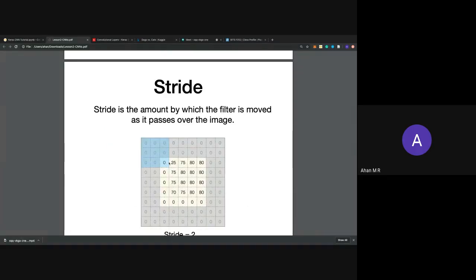My filter will now be here. I mean, how do I show this? I can't, but stride is basically the amount by which the filter moves. So you can control how much you want to reduce the dimension by.